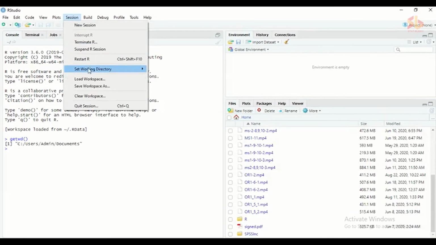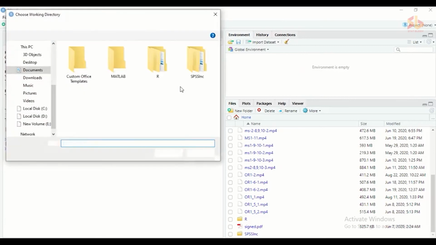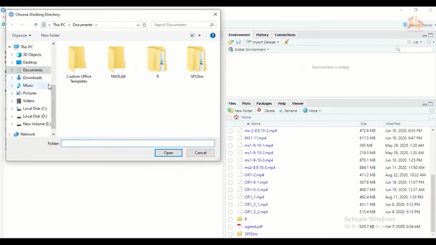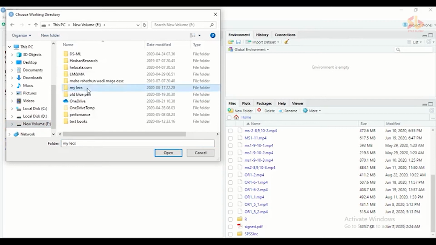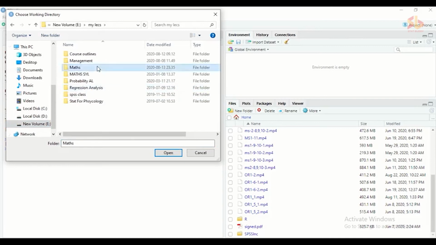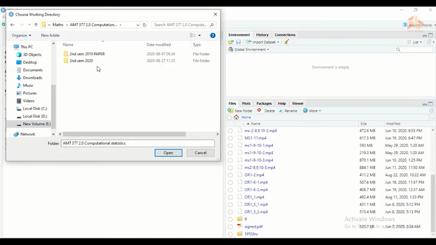First go to set working directory and choose a working directory. There you can select the path. My destination will be this folder. You can choose a proper folder. This is the destination of mine.